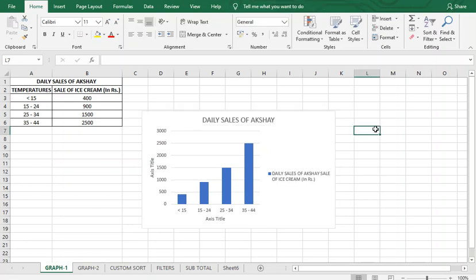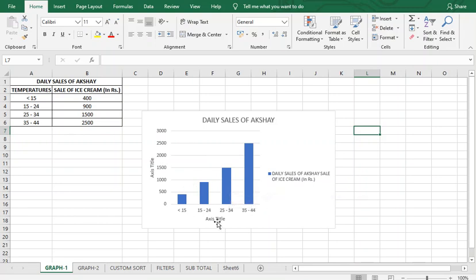Now we have corrected our heading, and on the left hand side you can see the axis title, and here you can also see axis title. This is our x-axis and this is our y-axis, and these are our temperature values, and these are the amount of rupees that Akshay has made.